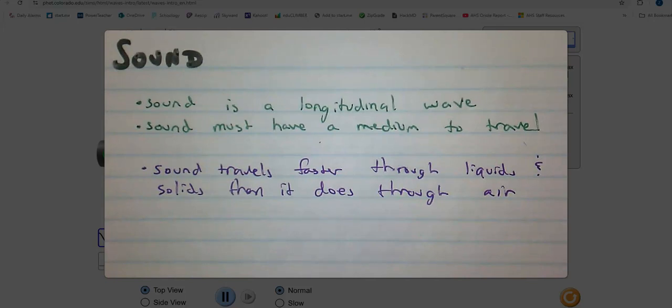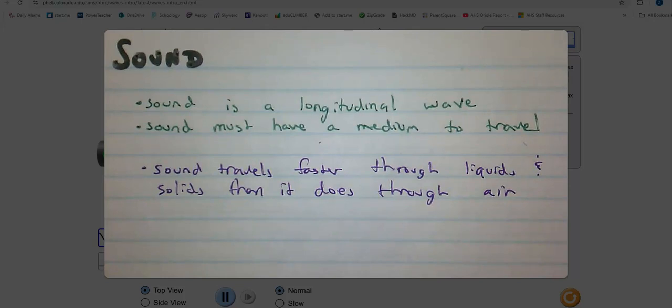The other thing that I wanted to say about this is that within those things, temperature might affect it. It turns out that sound travels faster through warm air than it does through cool air. Or the density will have an effect. Sound would travel through a really dense material like metal a lot faster than it will travel through a not very dense material. Like, let's say, for example, wood, right? Wood does transmit sound, but doesn't transmit sound as fast as metal does, because wood is not as